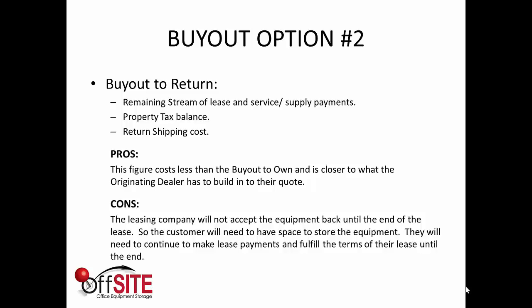This number includes the full stream of remaining payments, including service and supplies, plus property tax and estimated return shipping. This is considerably less than a buyout to own cost. The risk here is that the leasing company will not accept early payment or return of the equipment. The customer will need to store the equipment and make the rest of the lease payments. Once they fulfill the terms of their lease, then and only then will the leasing company issue return shipping instructions